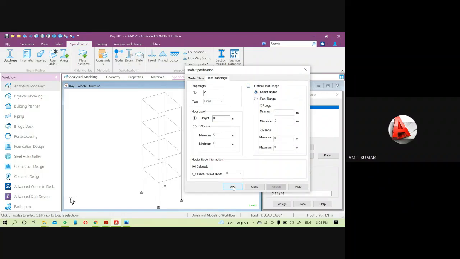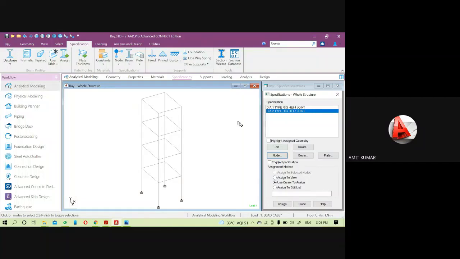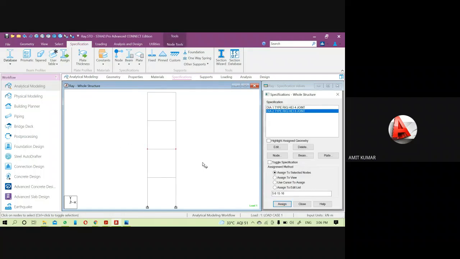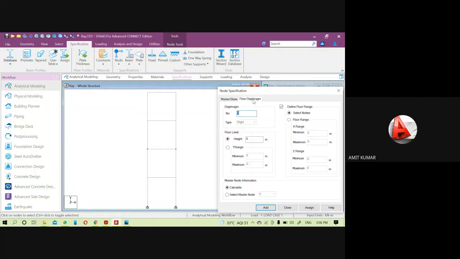Then click on add, then select the node at a height of 8 meter from the front view, then click on assign to the selected node. Same, just create the next node. So this will be the procedure of creating the floor node, but please remember you have to create the floor nodes only before applying load cases.